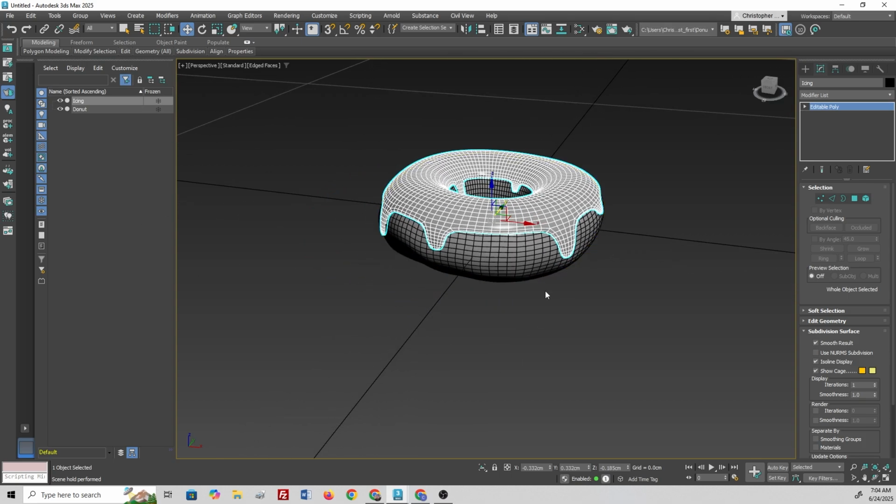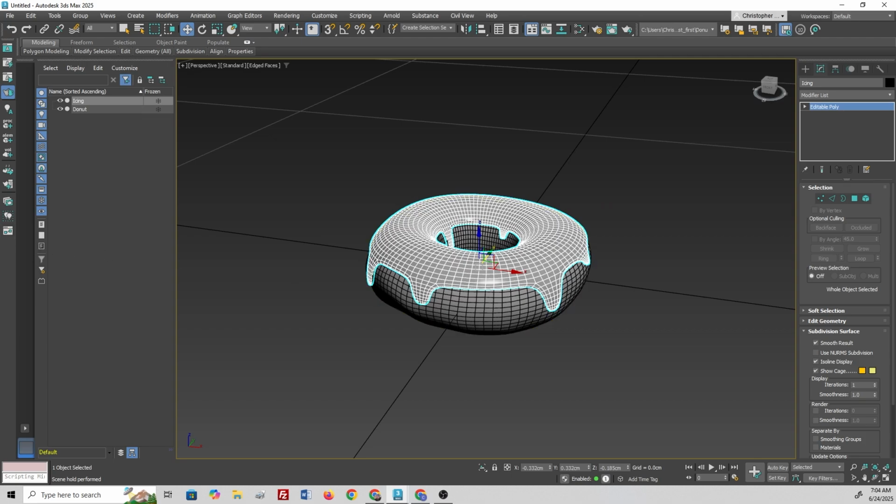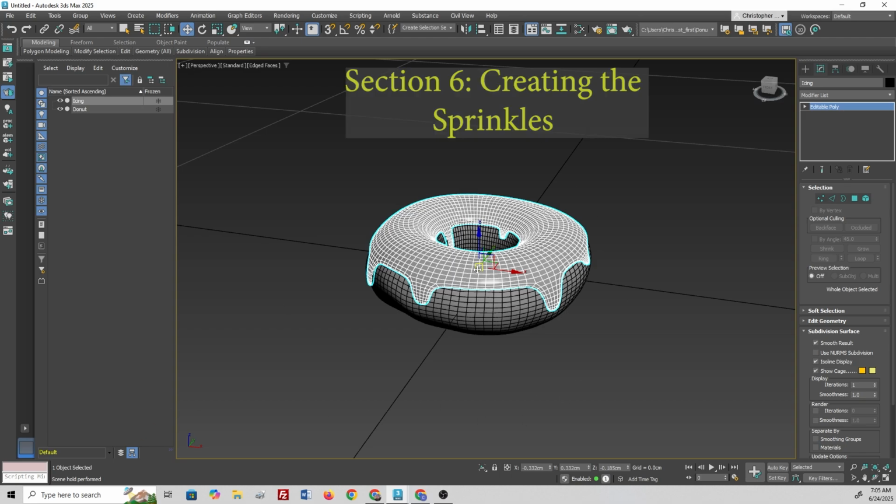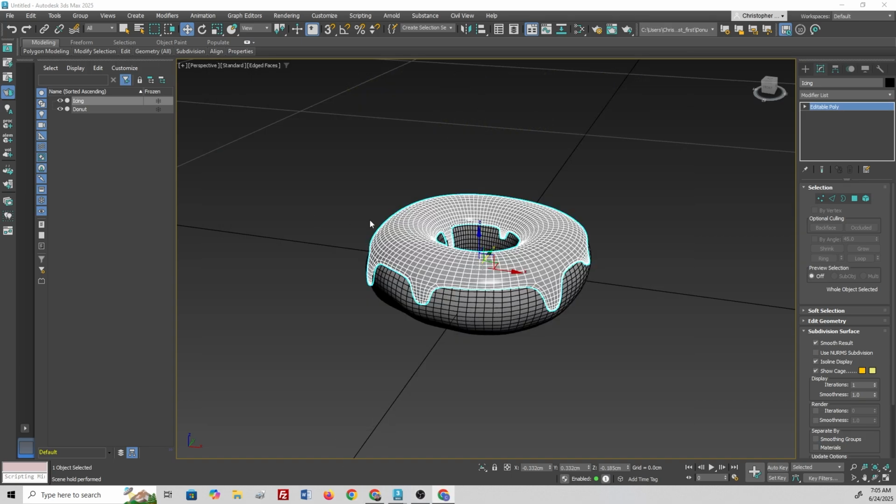So I know in other videos I may have said, I don't know if I said this in other videos, but we should always have a reference for what we're modeling. We shouldn't model technically from memory, because our memory will fail us 99% of the time when it comes to 3D modeling. So to rectify that, let's go ahead and open up an internet browser,